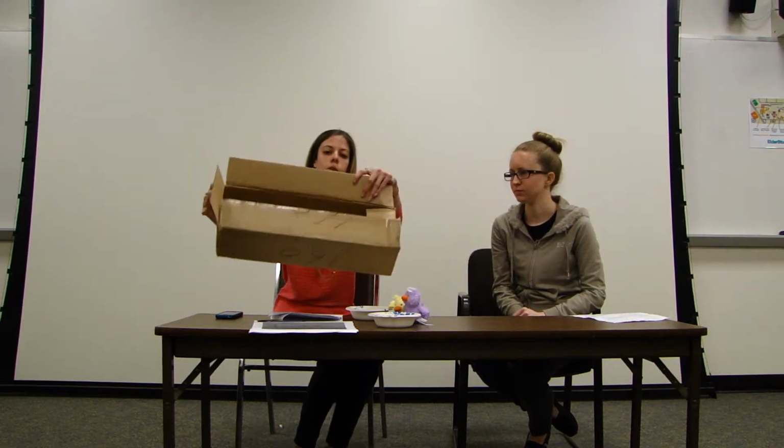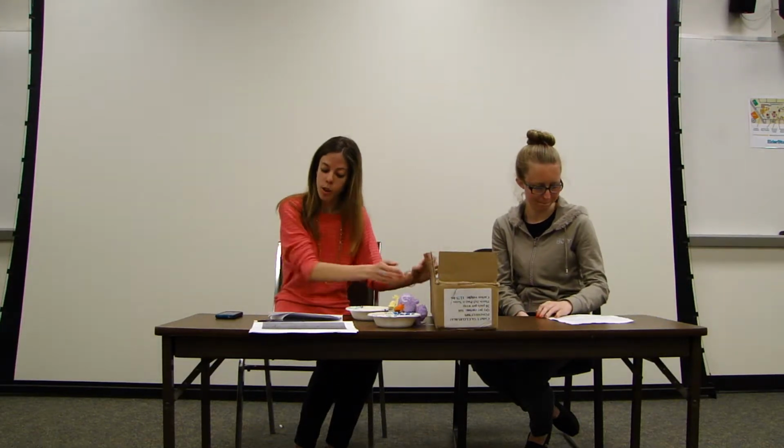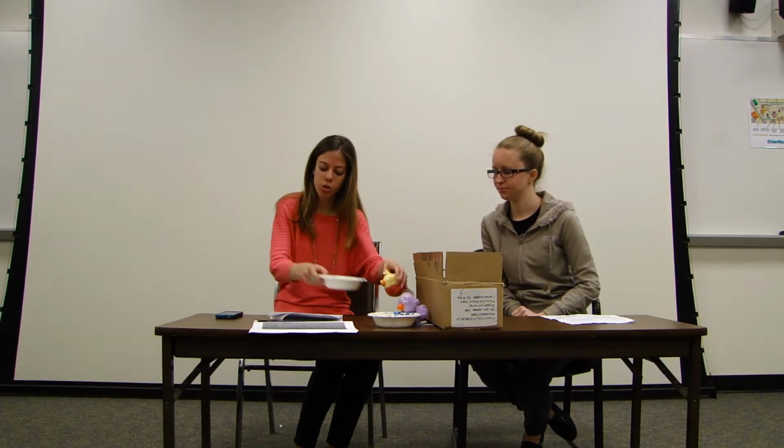I will now explain to you what the control chicks were like. The control chick group was placed in a topless wood box, so like this, it's topless, and it also had frosted windows like the experimental group, and the food bowl moved half as far as the control chicks approached it, and these chicks still appeared to perform well, so it did not appear to affect their performance. So we're just going to pause for a second and let you think about that. This information may be a lot and a little bit confusing, but...